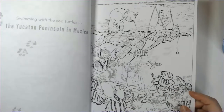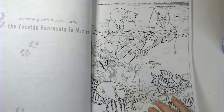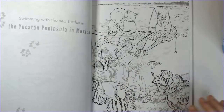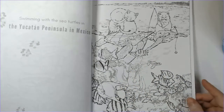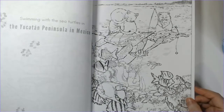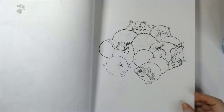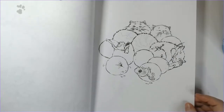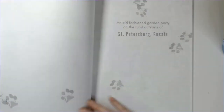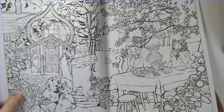This is Mexico. She's drawn one underwater, but he's kind of grayed out because obviously he's underwater, so I think that's cool. There's a little bit of shading, but shading is done differently in this book. For Minter, I thought there were cats coming out of the eggs, but I think the cats are cuddling with the turtle eggs. So, St. Petersburg,